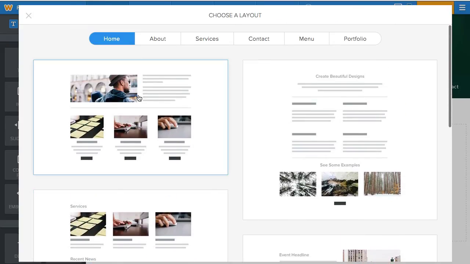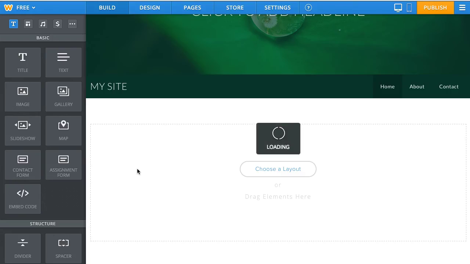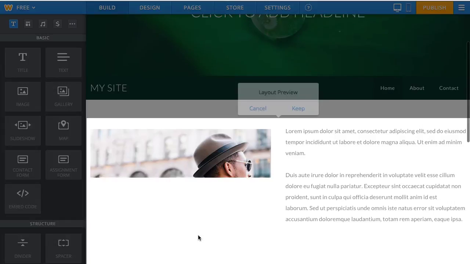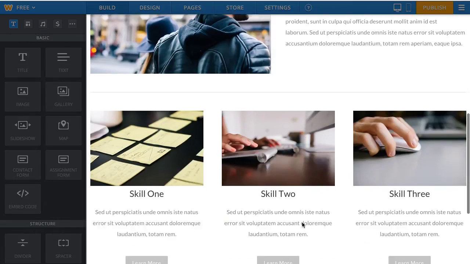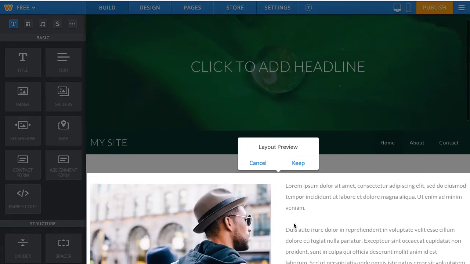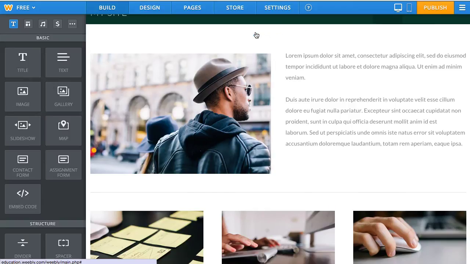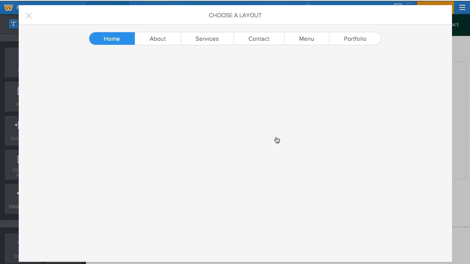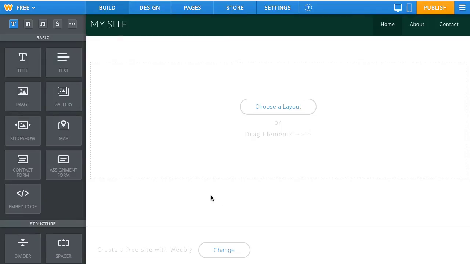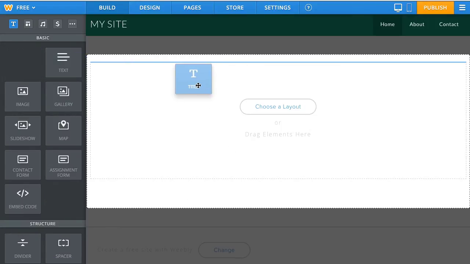Okay, so maybe I will pick this. I'm going to pick this website or this layout. Okay, so it pre-fills in a template that I can use, or if I want to cancel, I can always cancel out of that and go back to creating my own. So I can just start dragging and dropping elements